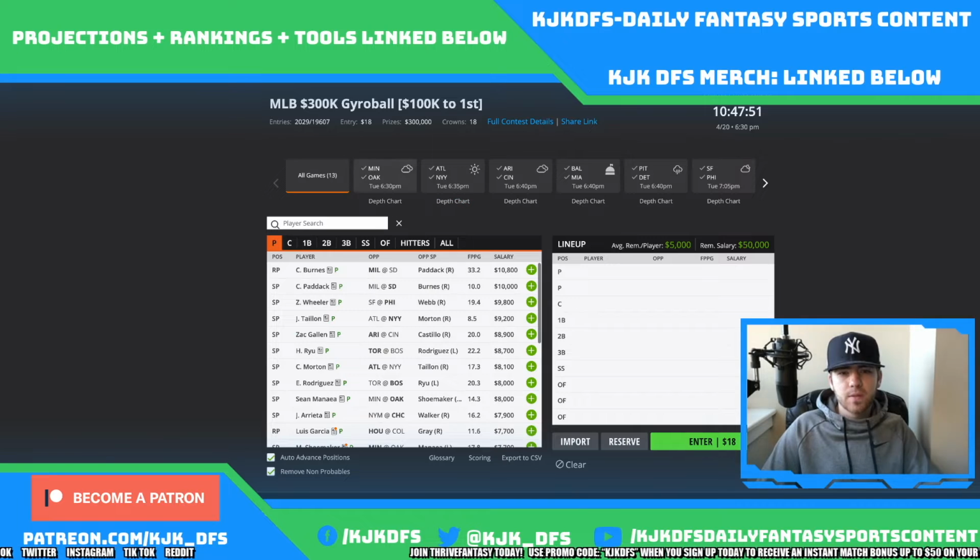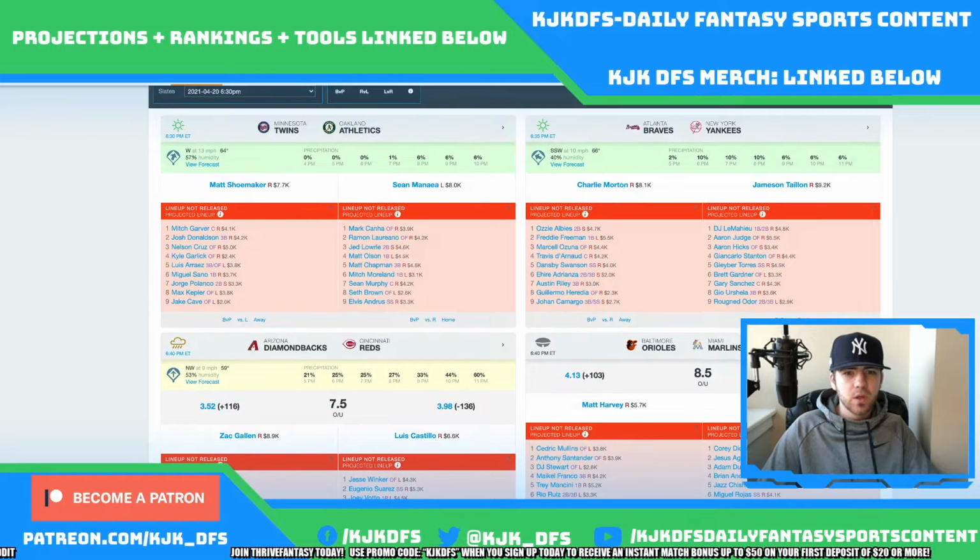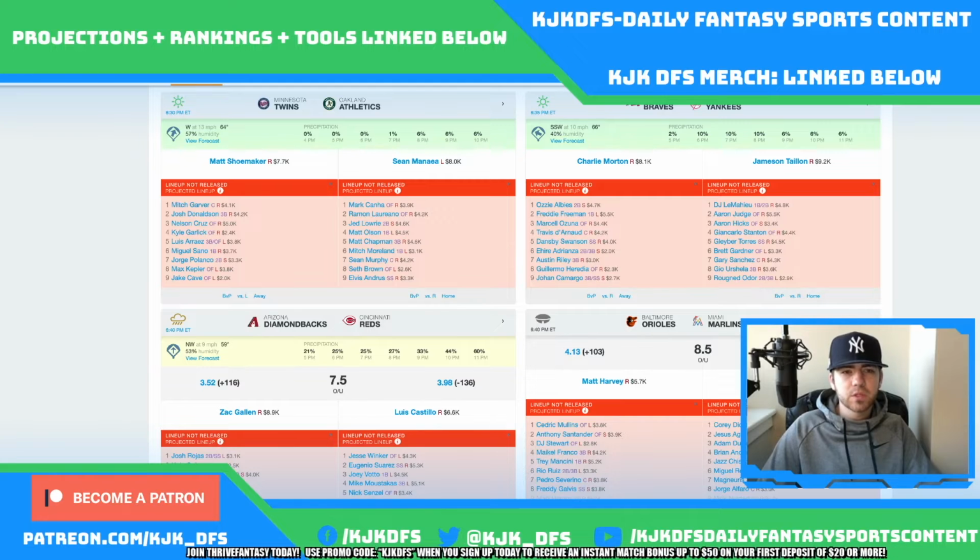Minnesota at Oakland on this DraftKings slate. We got Cheotani taking on Matt Schumacher. As far as the Vegas lines are concerned, we got no lines right now. Looking like there's going to be 13-mile-an-hour winds blowing out in Oakland. And as far as these two pitchers are concerned, Cheotani and Matt Schumacher,